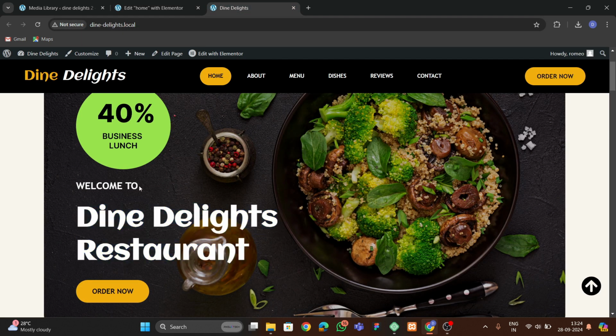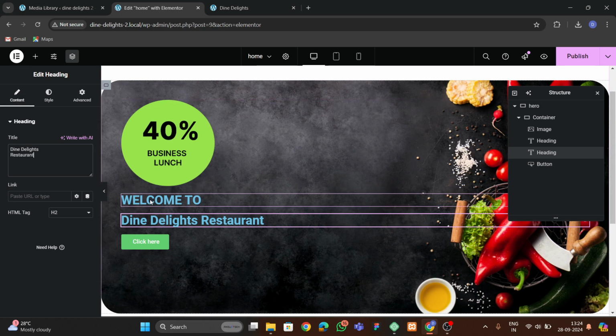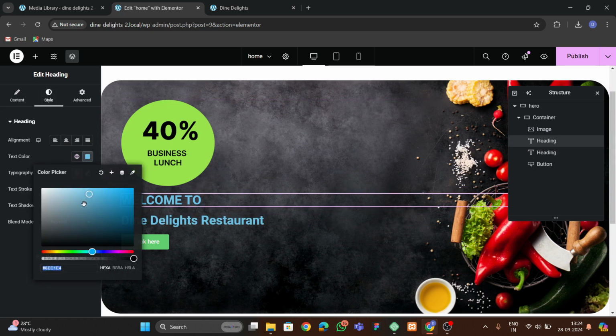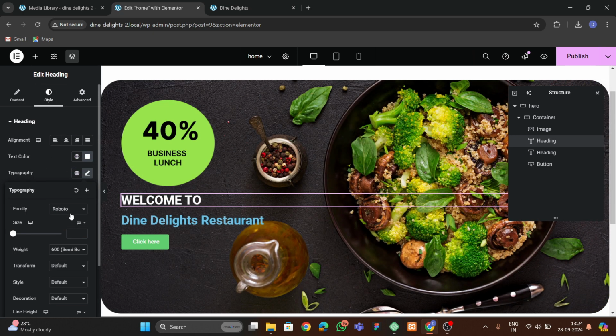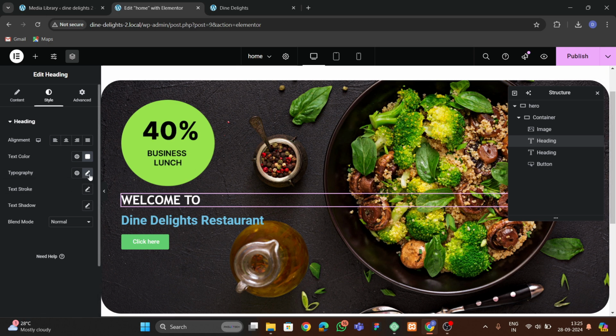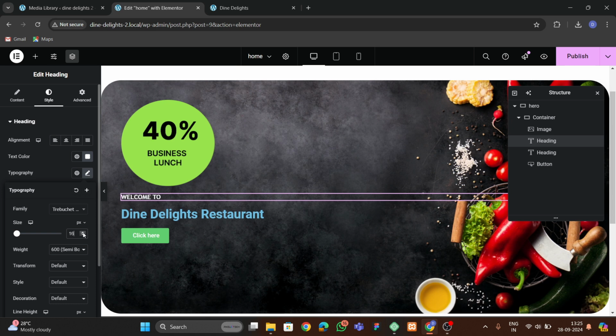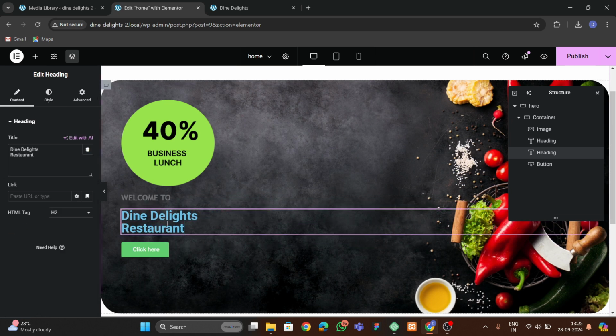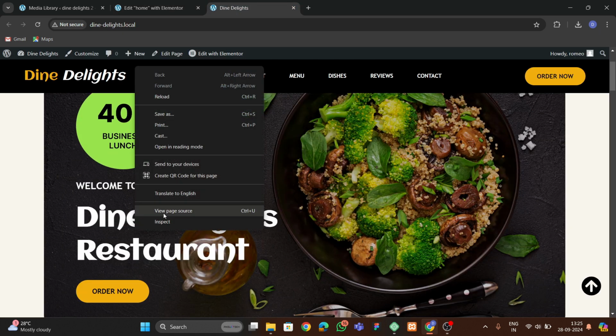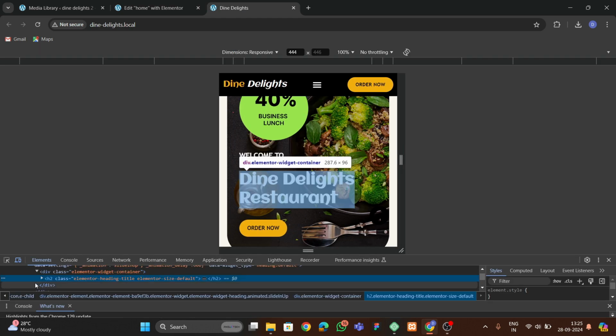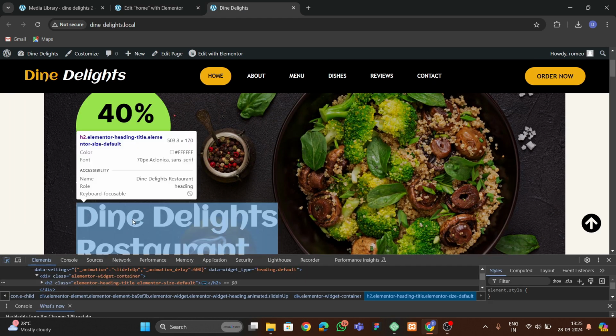So now after that you can see that we have these fonts here. So let's first choose this font. So here let's make this white, and after that we have to go to this, and here we have to choose this Track Bucket font for this, and here let's adjust the font size of this. So I'm gonna choose this font size 20 pixel, and after that you can see that we have this. So here for this I'm gonna inspect this, and let's see which font is there. So the font is